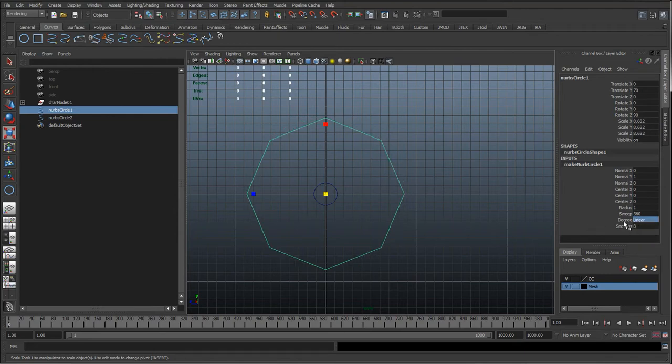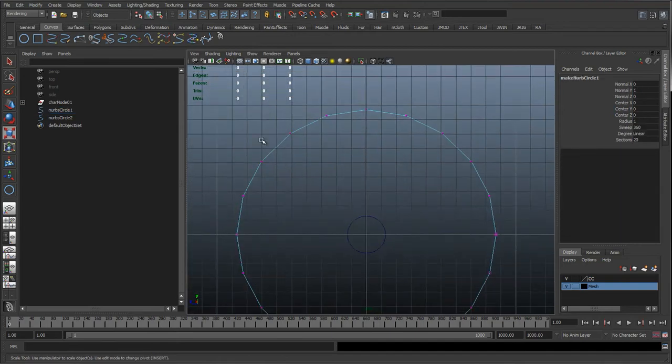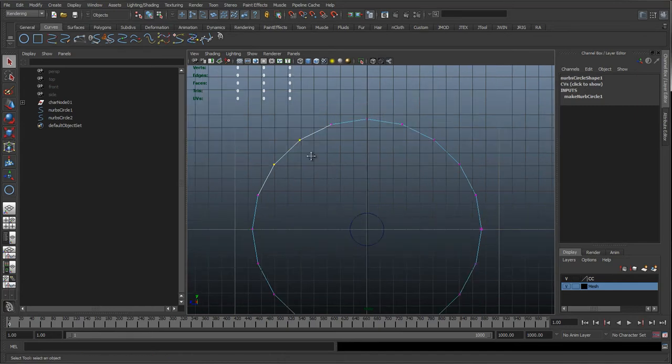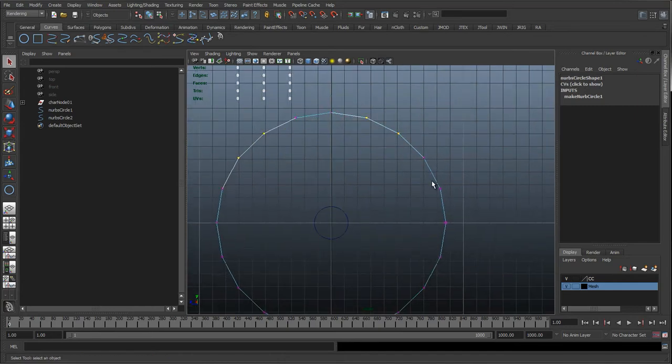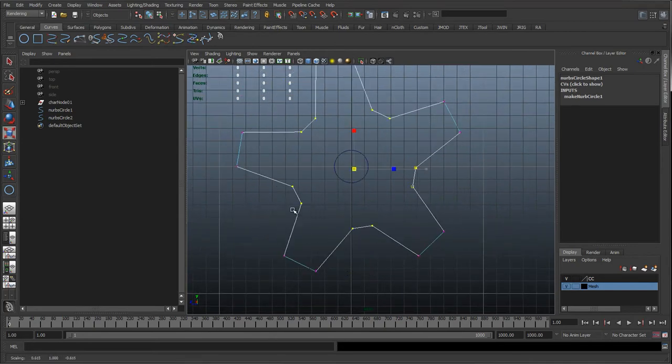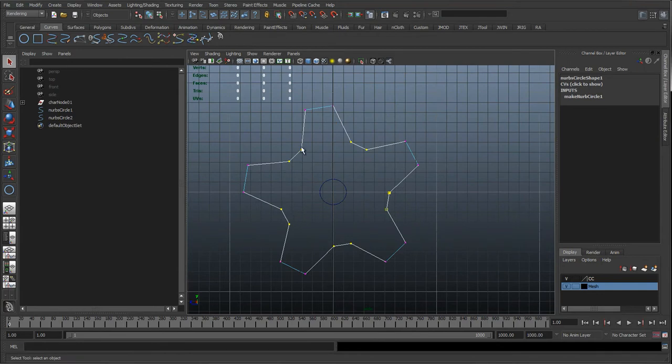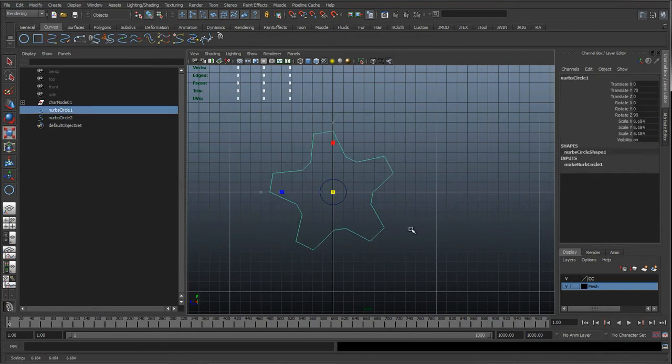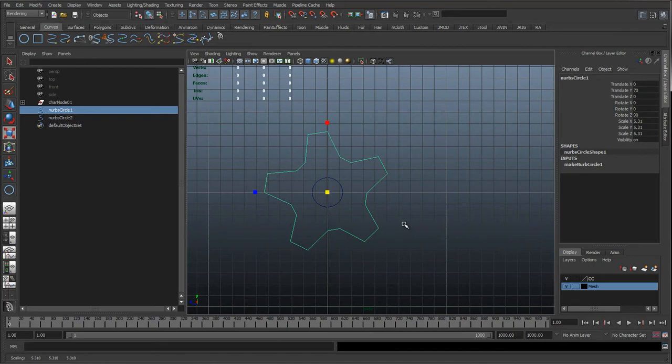So I'm going to set this to linear in the attribute editor, the channel box even, and just set the sections to 20. Because we've set the sections to 20 and linear, I'm just going to select 2, miss 2, select 2, miss 2. So I'm just selecting the CVs, each 2 CVs and missing 2 CVs. And then I'll just scale these in. So we get that sort of cog look. So I can just look at that, that's a cog. If I select that, that's going to be the centre of gravity control.